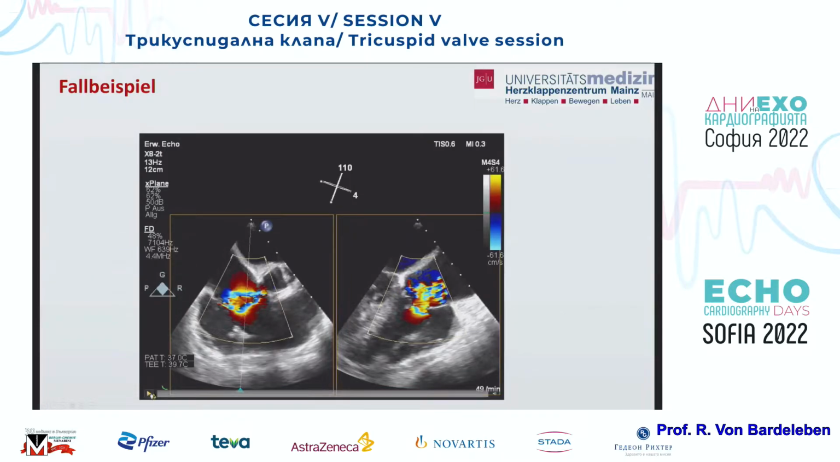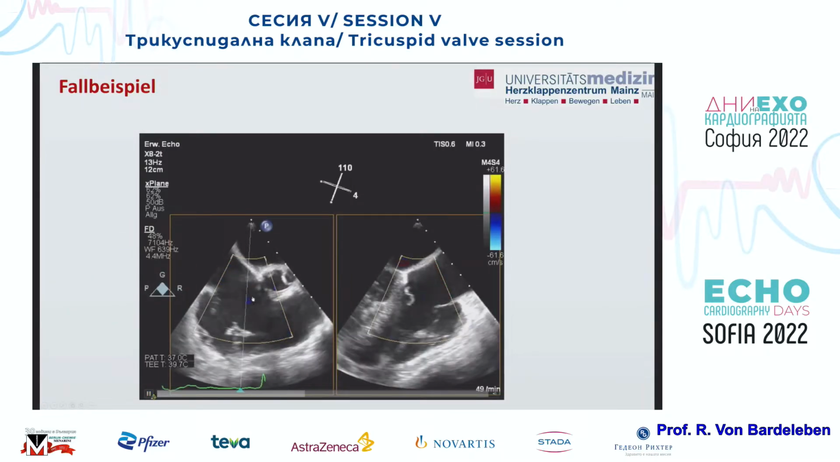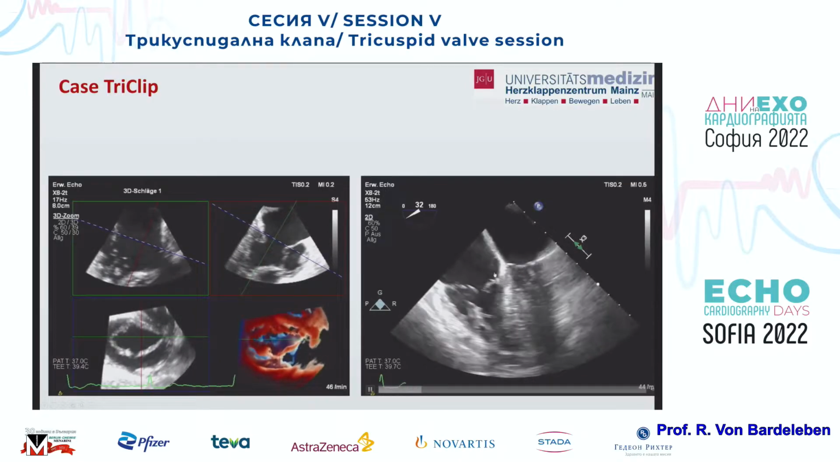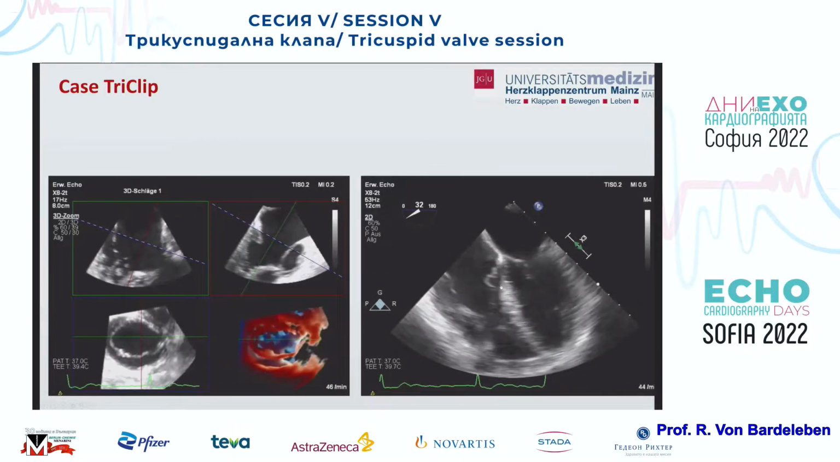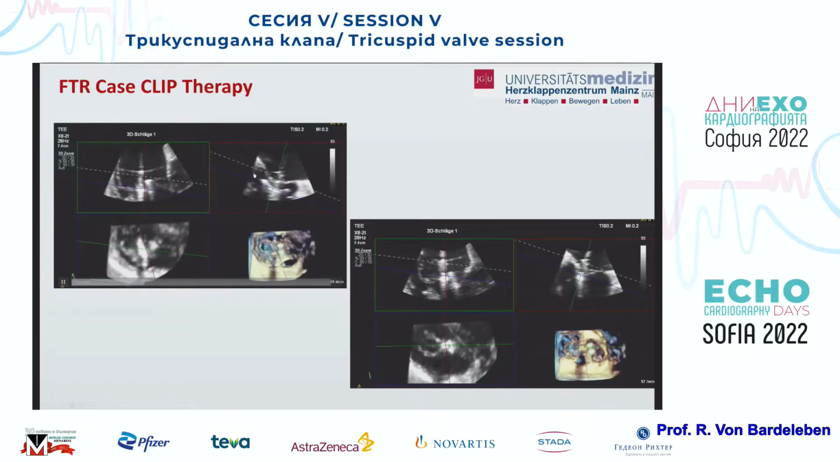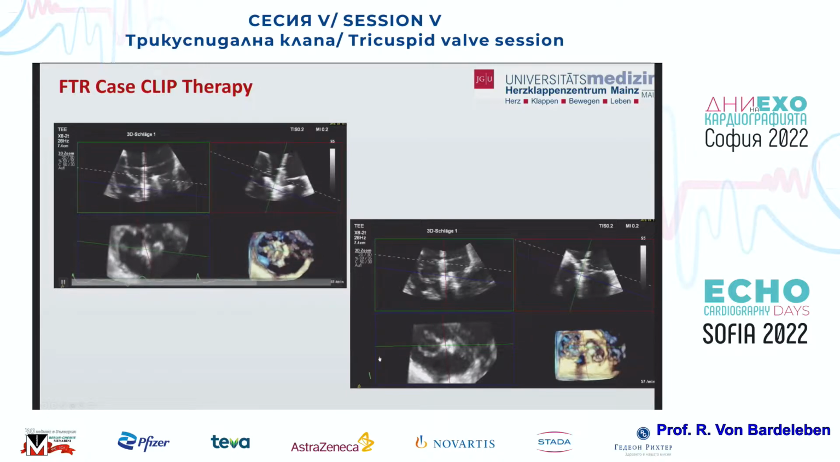Here you see one example. You can nicely see that we have a tethered septal leaflet, severe regurgitation. This is pre-procedure. This is MPR like in CT from the echo machine during the procedure. And on the right-hand side, we have a simple 4-chamber view just for you to appreciate the tethering of the septal leaflet. We then use MPR in the procedure to precisely guide the leaflets into the clip system, and then